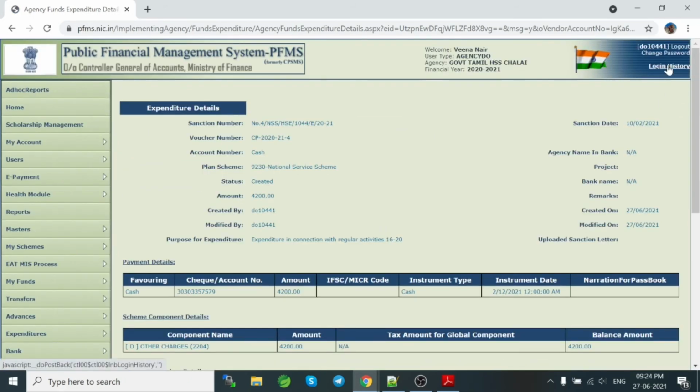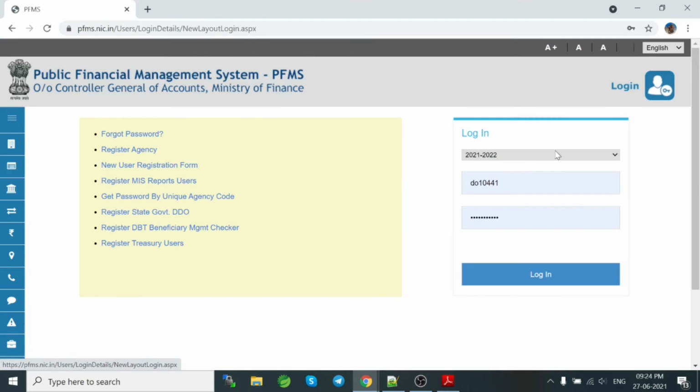Now I have completed 4 entries which I could do within 18,500, and now I am logging out and logging in as data approver user.